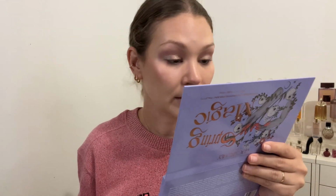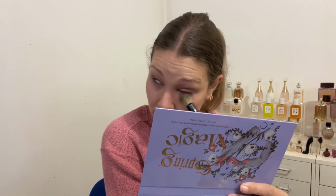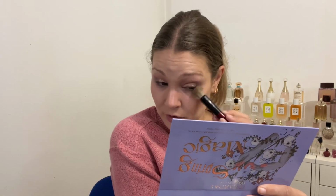Why is this looking not cute? What am I doing wrong here? I think I'm just not paying as much attention as I normally would, and it's kind of getting everywhere. I don't think it's the palette. The formula is working amazing. I just think that I try to do too much